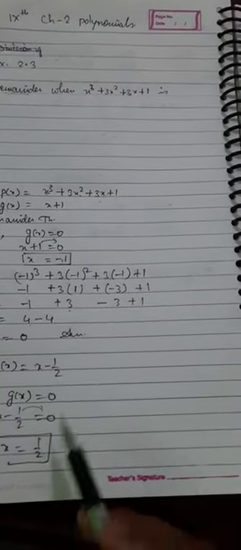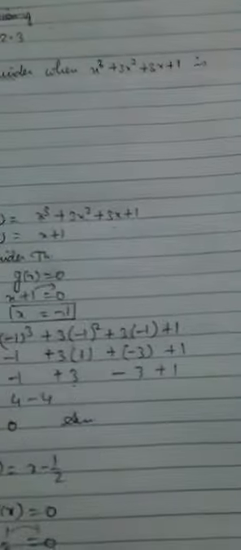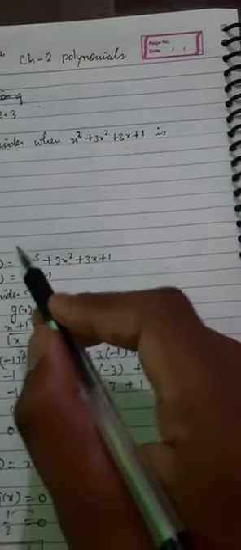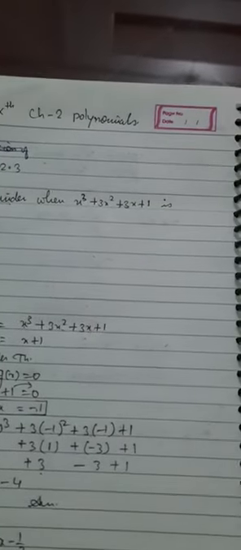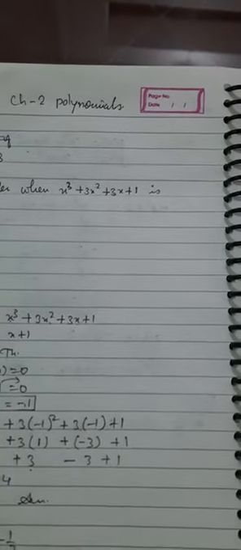Now this x value 1 upon 2 again we will put here, like we have put x value minus 1 in this px. So remainder equals to, we will put x value 1 upon 2 in this px. So x cube means 1 upon 2 cube plus 3 into 1 upon 2 whole square plus 3 into 1 upon 2 plus 1. You can see there. Okay, I have put everywhere 1 upon 2. Firstly we put minus 1 in the first part.